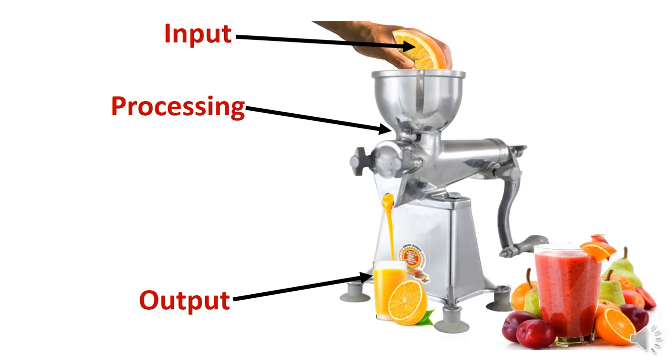Now the same way our computer works. If we provide wrong data to the computer, surely we are going to get a wrong result, because the computer is dependent on the user. Whatever data is provided by the user, the same way the computer is going to give you the answer. If you provide wrong data, wrong facts and figures, you will get a wrong answer from the computer. So I hope you understood, dear students, how a computer works.